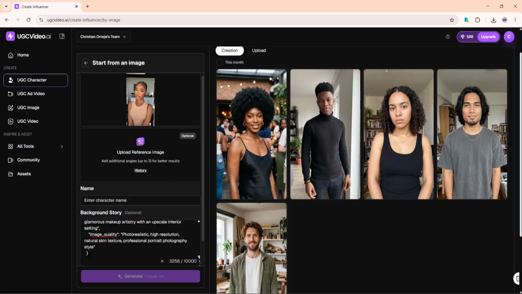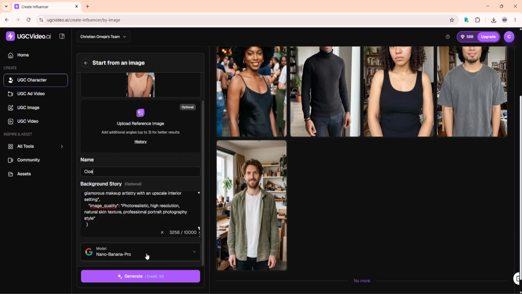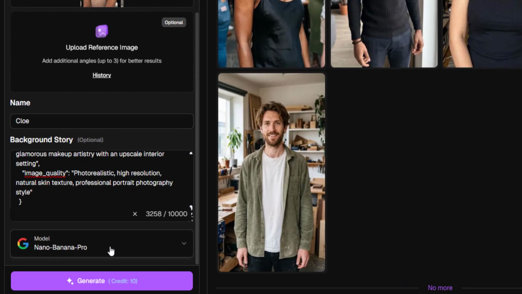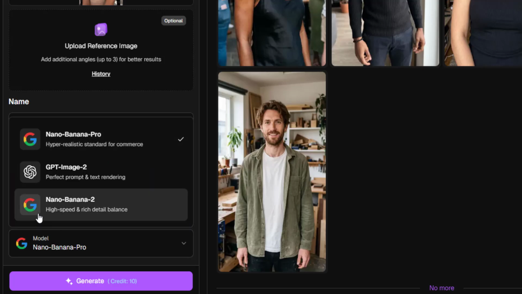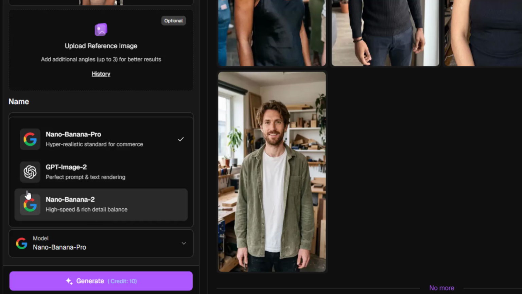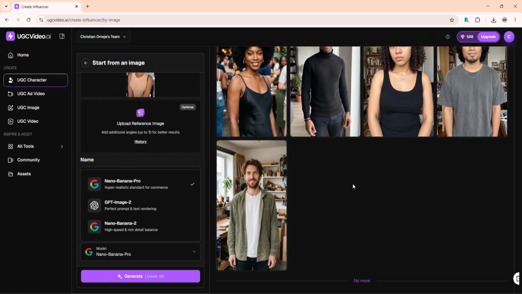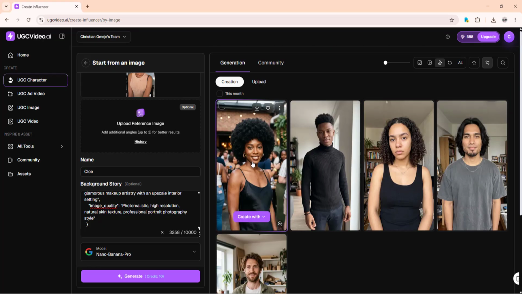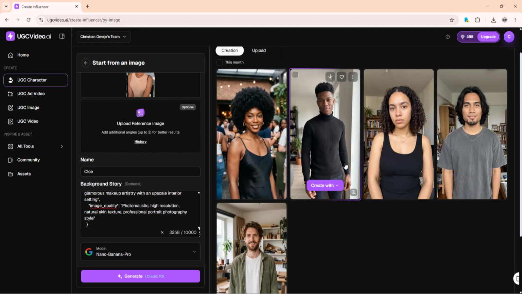And then I'm going to name my character. I would like to name her Chloe. And then right here, you can choose the image model you intend to use for this particular workflow. So for me, I can use any one: Nano Banana Pro, GPT-2, Nano Banana 2. All of them are good. As you can see, this particular image right here, I used GPT-2, while all this one I was testing out, I used Nano Banana Pro. And for me, I think I like the GPT-2 for now, although this one from Nano Banana Pro is also cool. But for this particular one we are doing, I'll just use GPT-2,